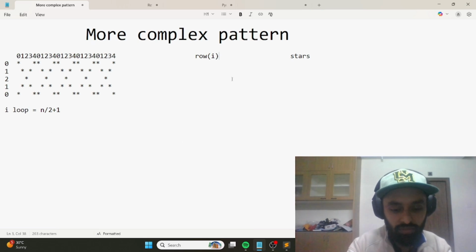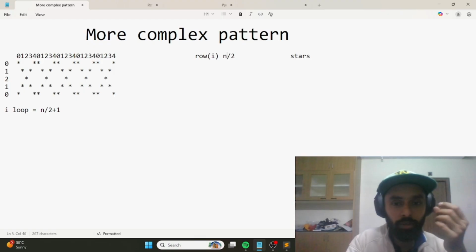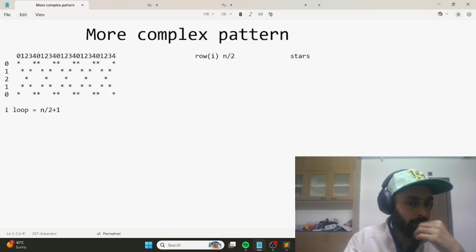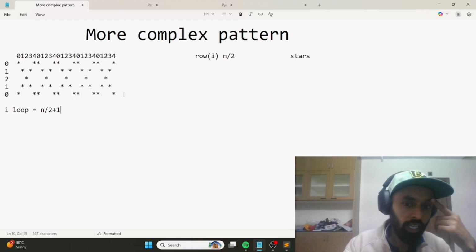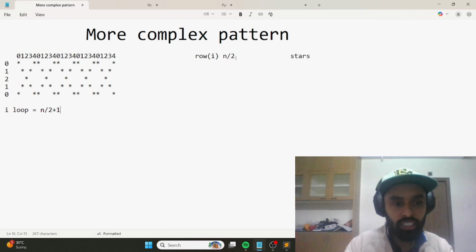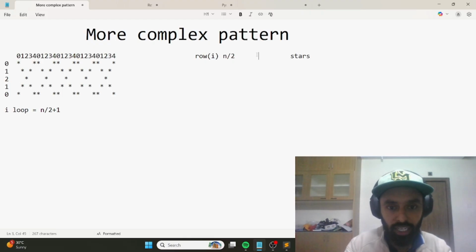We can say n divided by 2, my bad, n divided by 2, that means we'll be going till n divided by 2 because we are starting from zero. So if we start from zero, the i loop will be going till n divided by 2 because we have n divided by 2 plus 1 iterations. So since n is 5, we'll be going 0, 1 and 2. I hope you're getting it. Then let me write it here,